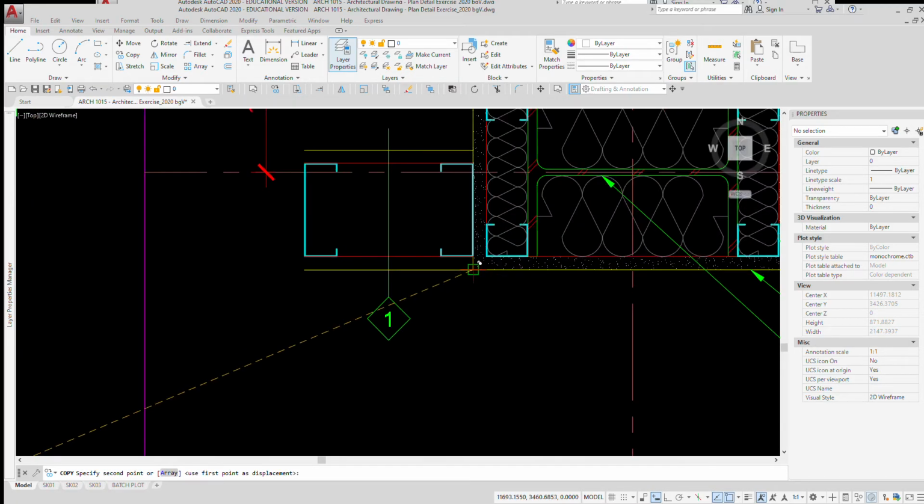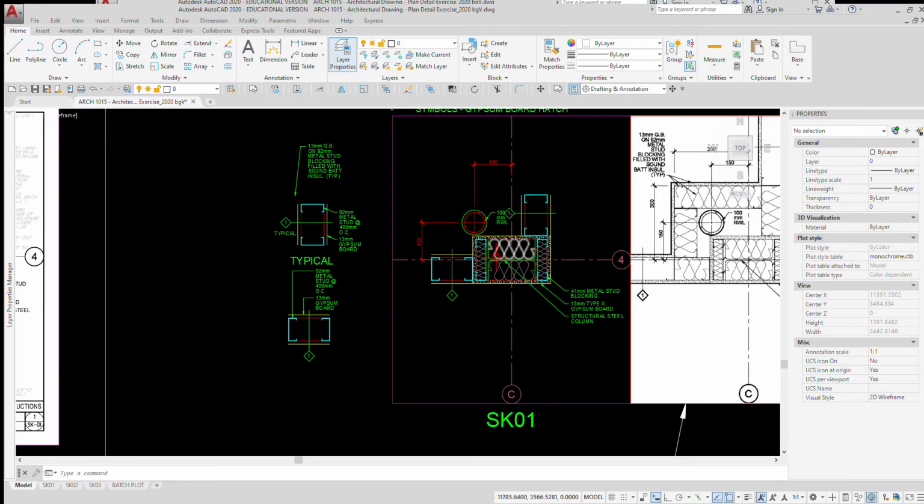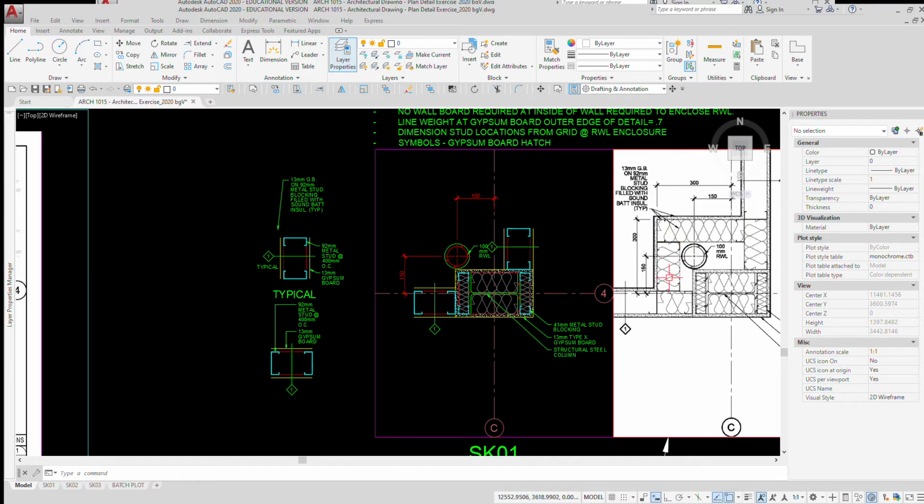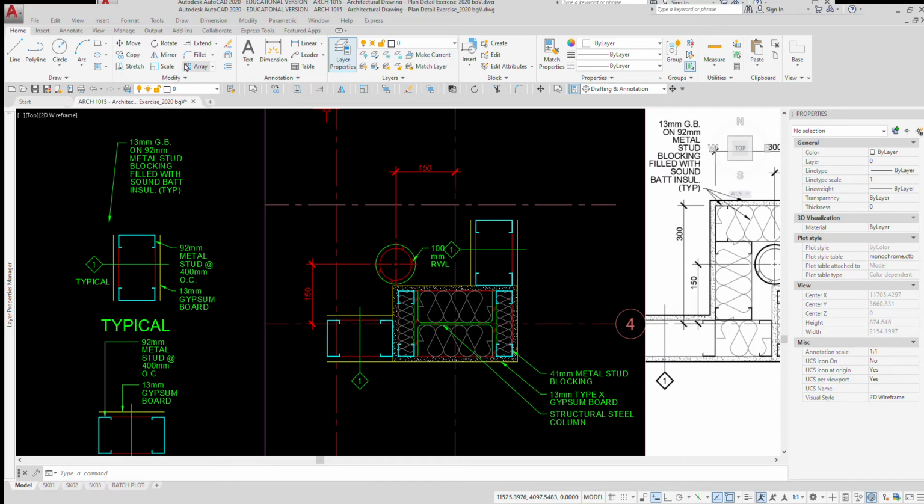Copy that right to there. And then next thing I'm going to locate this partition happening here, and it's 300 millimeters off the grid. So I'm going to offset the grid 300 and 300 and 300, and I'm going to copy. So I'm going to copy my partition types,